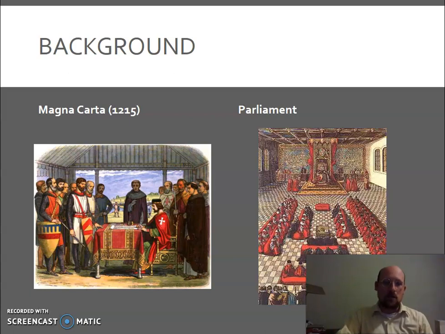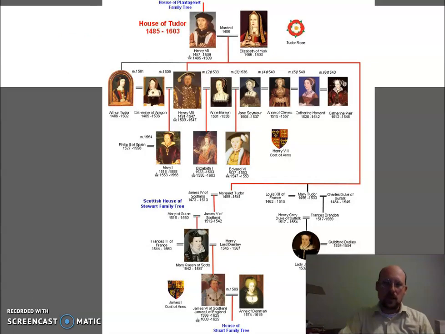And later, this gets formalized into a group called Parliament. Parliament was a bicameral legislature. It consists of 2 houses: the House of Lords, the nobility, and the House of Commons, everybody else. Their job was to meet when the king requested them, so they could do things like raise taxes or change laws. This was a system that had been around for a while, and Parliament has played an important role in English governance since then.